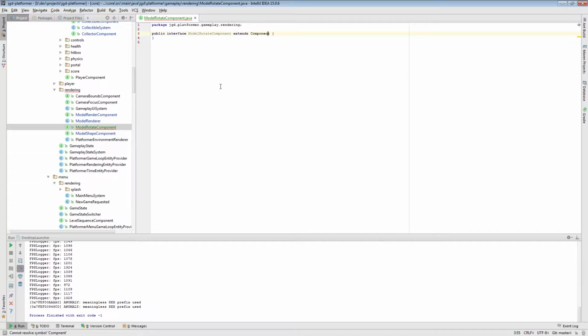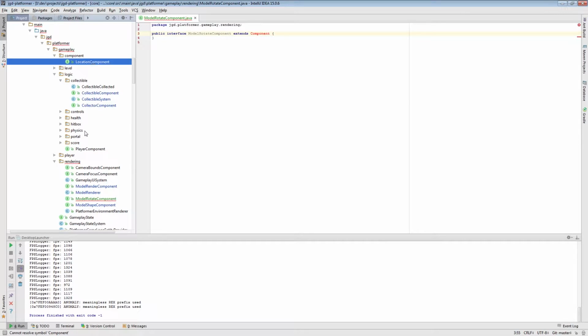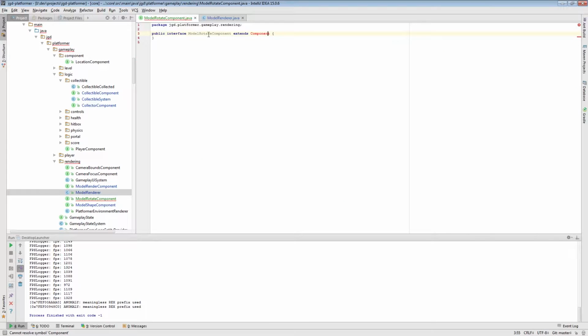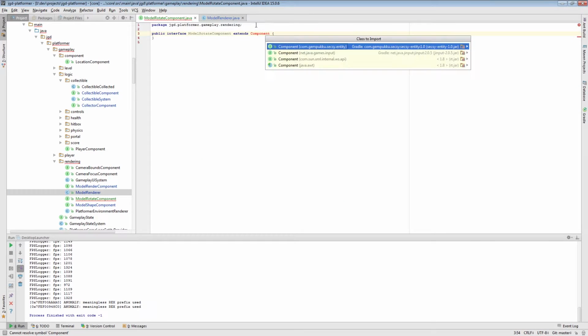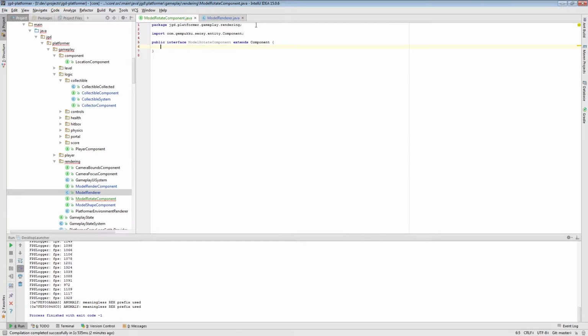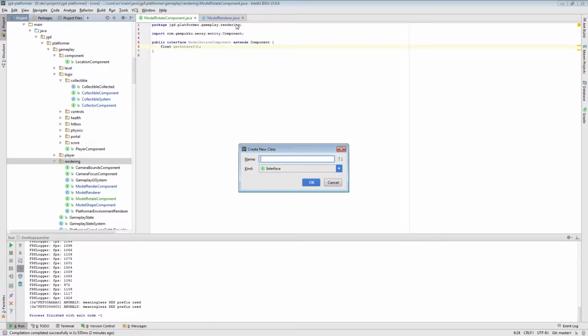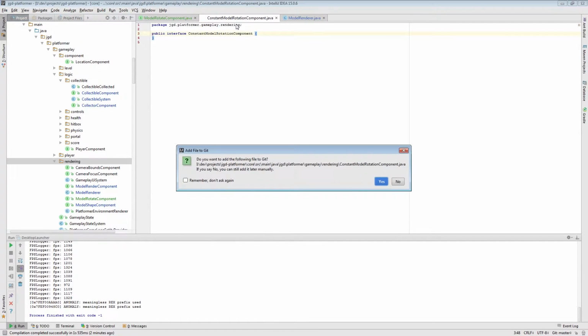The same way we had the location component that specified how it's going to be moved, we'll have a component that specifies the rotation around the y-axis at the moment. So get rotate y. And in addition to that, I want to add one more component, the constant model rotation component, which will